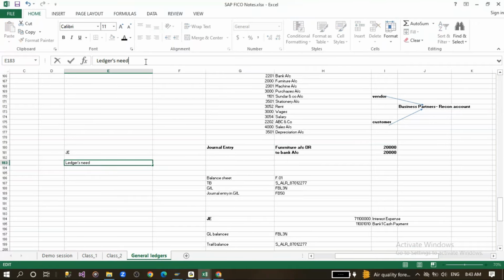Ledgers need to be created. So to post the general entry, a ledger needs to be created. To create the ledgers, I need account groups. So for all the account groups, the account groups are created